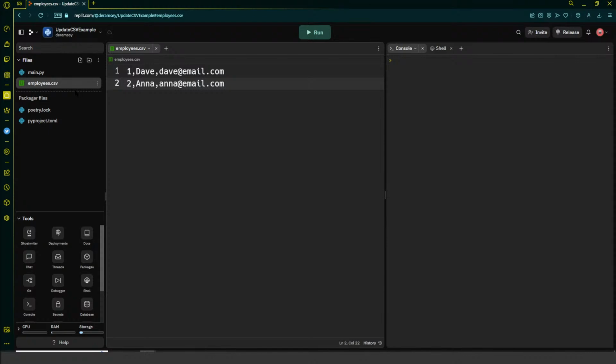Just so we can have some data here that we can work with, right? So I've got one record here for Dave, one record here for Anna. They are employees at my company. We have an employee ID number here, which in this case is just one, but it could be any multitude of numbers, right? Their first name and their email address. We can have as many fields here as we want